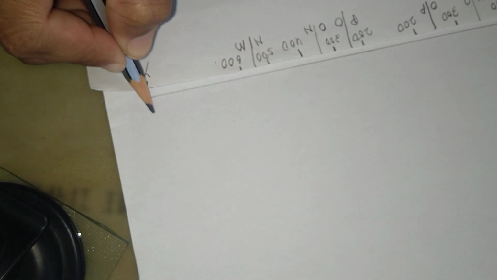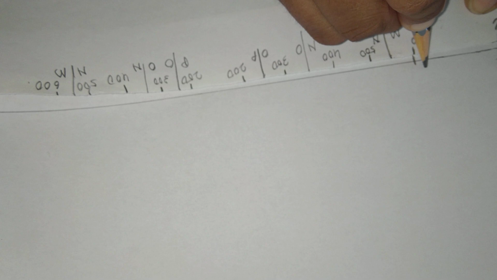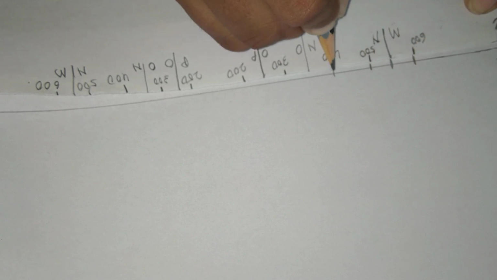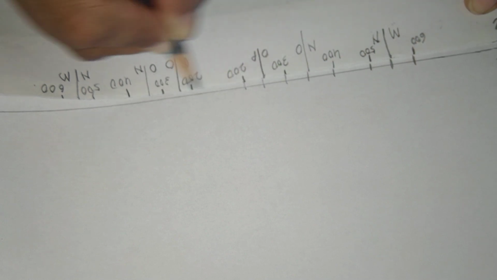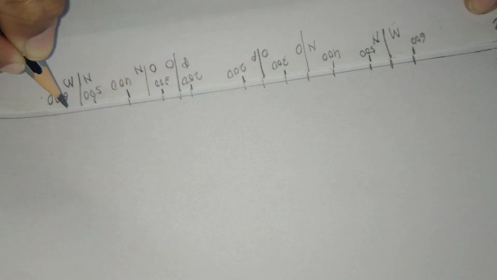You have to keep it, and whatever points we have marked on the XY line, plot those points again. And remember, it should always be XY, don't make it YX. Always X this side and Y on this side. Then we'll transfer all those points without disturbing it, again on the XY line. Exactly, we are going to mark all the points again.